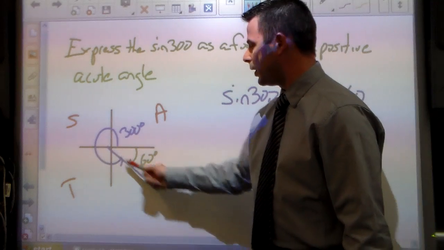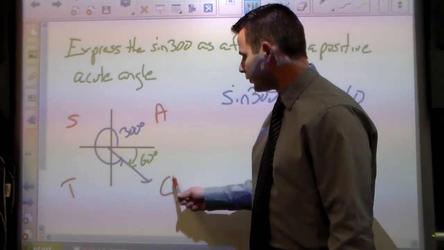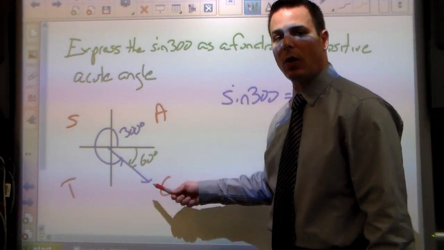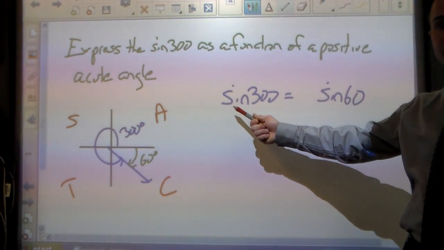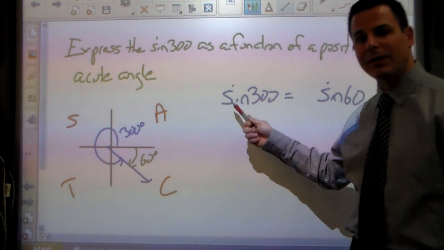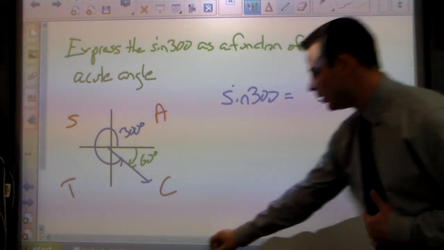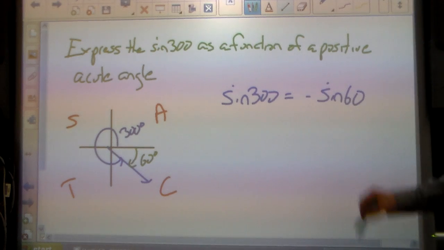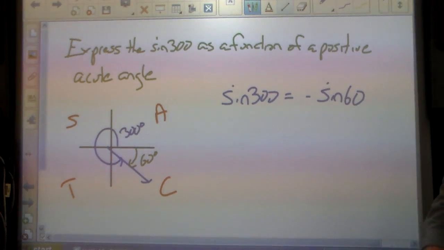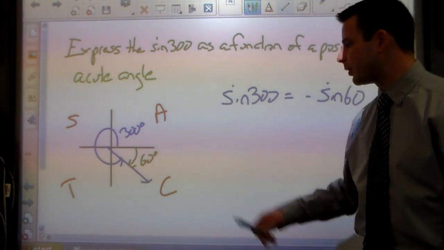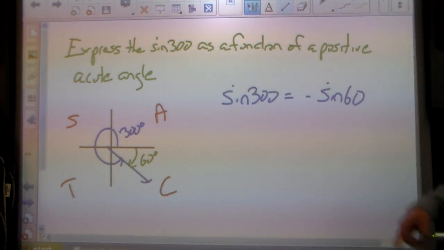So now, since we're working in the third quadrant, the only function that will yield a positive value is cosine. We're working with sine. So the sine of 300 is going to give you a negative value. We need to account for that over here with our reference angle. So the way we do that, stick a negative in front. So if you calculate the sine of 300, that's the same thing as calculating the sine of 60 and making